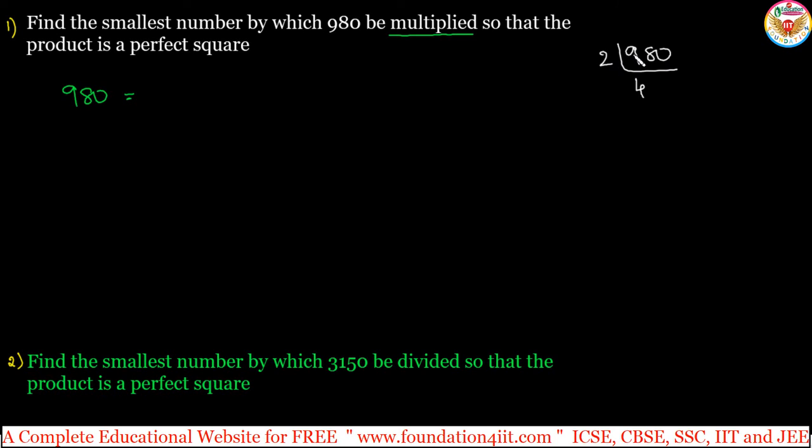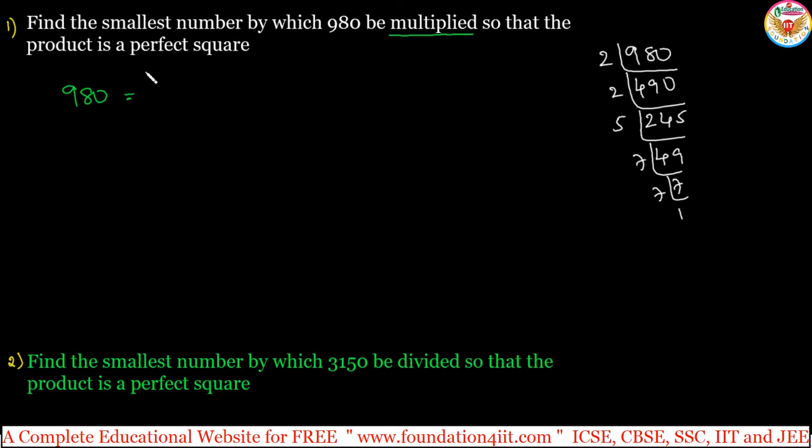2 4s are 8, 9, 0. Again 2 table. So 2 twos are 4, 2 4s are 8, 1 carry, 10, now 5s. Next with the 5 table, okay, because 2 will not go. Next prime number is 5. 5 4s are 20, 29, 49. 49 is only in the 7 times table because 5 is not divisible. So next 7: 7 times 7 is 49, 7 on the 7.